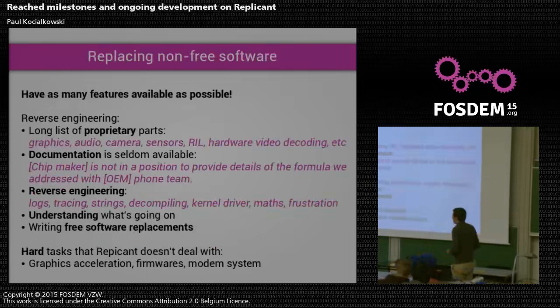Right. So as I said, we want to have something that works. So that's why we need as many features as we can that work on Replicant. And that's when we start doing reverse engineering, because we can't just say, oh, this is non-free, let's reject it and not use it, because that doesn't work. If you do that, you basically cannot boot the system. You cannot do anything with it. So that's when we start looking at what is the non-free piece doing, and can we do it with free software instead? So that's the whole work that is behind Replicant. And that's reverse engineering. It's a big piece of work.